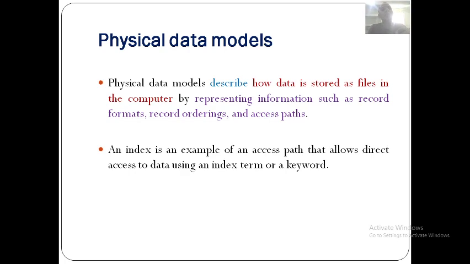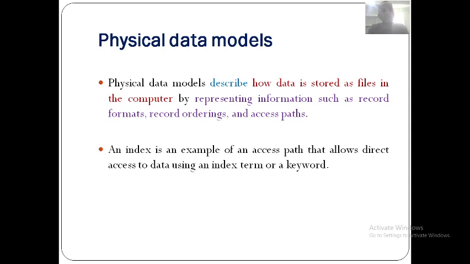Then the physical data model: once you have constructed the house, the things are set in the proper way, meaning how the sofa set should be placed, where the divan should be, where the TV has to be fixed, where the showcase should be, how the things are arranged in the kitchen, the dining hall, bedrooms, etc. Got it? This is the physical data model, meaning physically we organize and arrange all the related data.